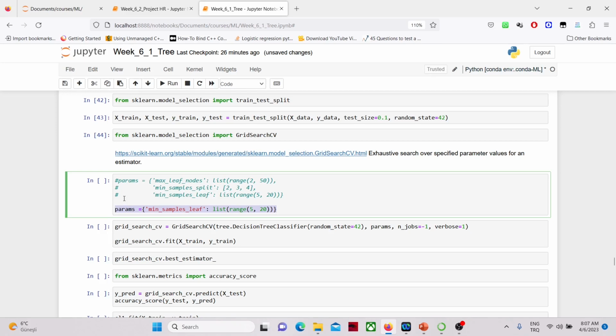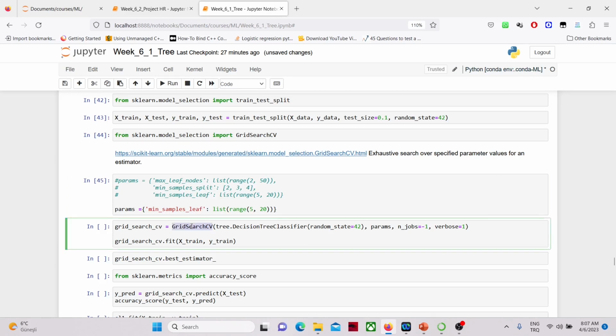That is a time-consuming process, so I'm not going to go into the details for more than one variable. But if you want to try it yourself, just uncomment these lines, uncomment this line, and you will be increasing the number of parameters that grid search CV is using. That will take more time, but you will see that it's brute-forcefully finding the best value for all these three parameters. In this case, grid search CV will look for the best value for min sample leaf. Okay, let's make our definition,